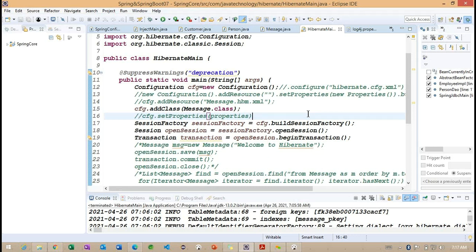Before we start, we identified the simple example of this particular Message class with different parameters. Right. And this is not sufficient to work with real-time applications. Basically, this is a simple example we are discussing. So to find out the real-time, what we are going to do is work with our business entity. Business entities are important here. A business entity is nothing but the model classes we are going to discuss here, and we are going to discuss that information. Each model class will have attributes, and attributes are nothing but the properties information.